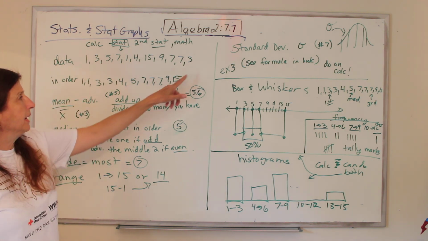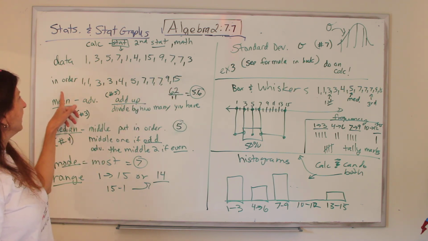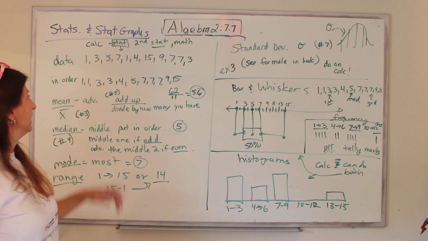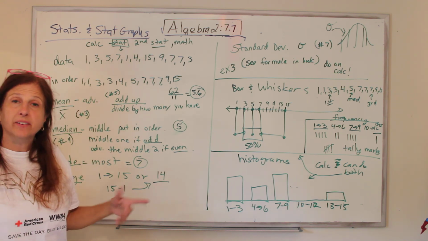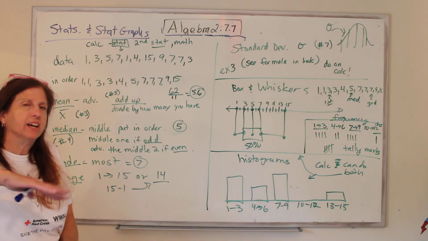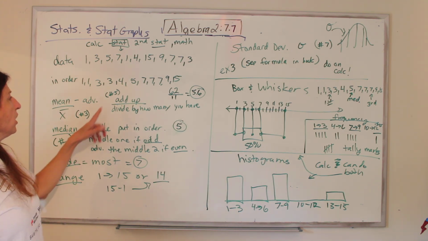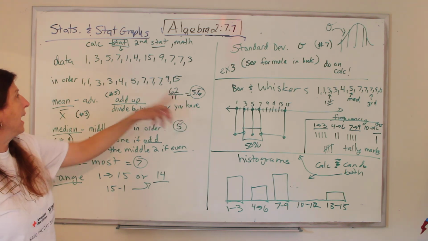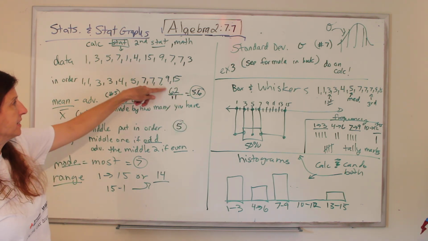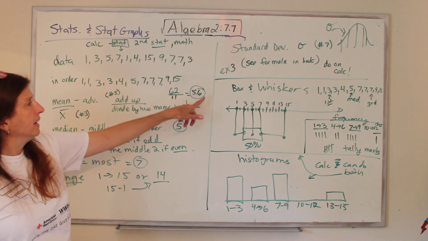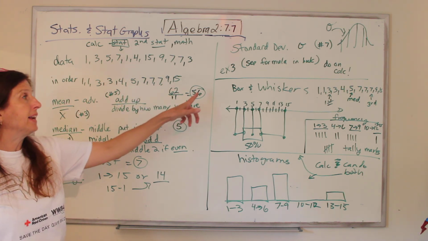Okay, first you put it in order. And you can get the mean. It's not like mean or nice. Mean also means average. You hear it on the weather, the mean rainfall in the Atlanta area for this time of year. You add up all of your data and divide by how many you have. So I added them all up, it was 62. I have 11 pieces of data, I divide by 11, and I found out the average of my data is